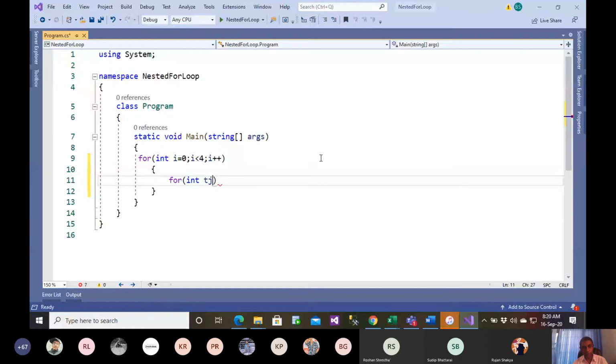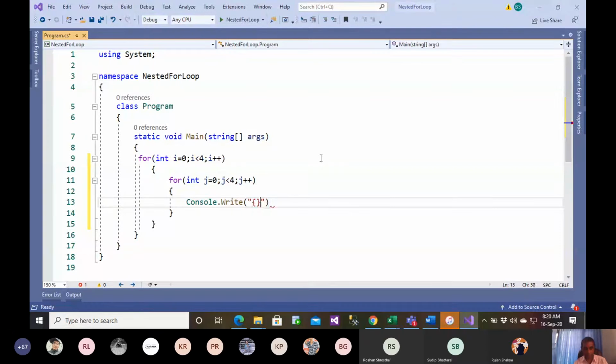Inside this loop, I'm going to print the value of j. Let me have a tab here.